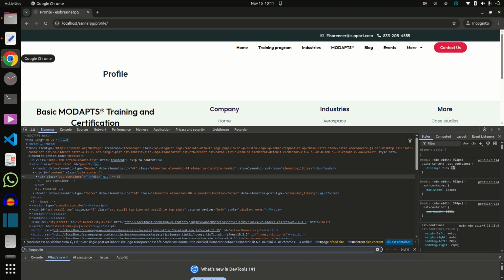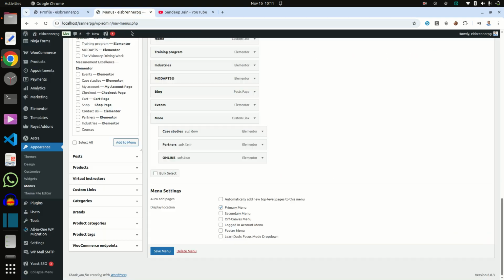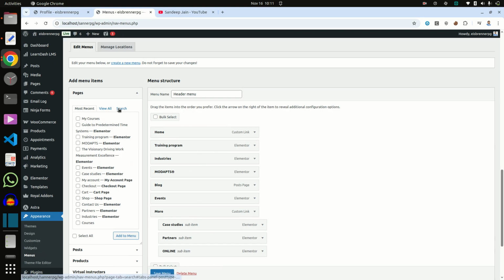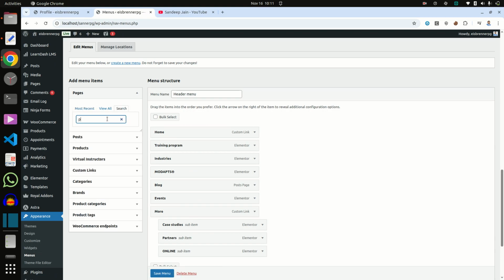So first I made a menu item here, which I want to add, like profile.